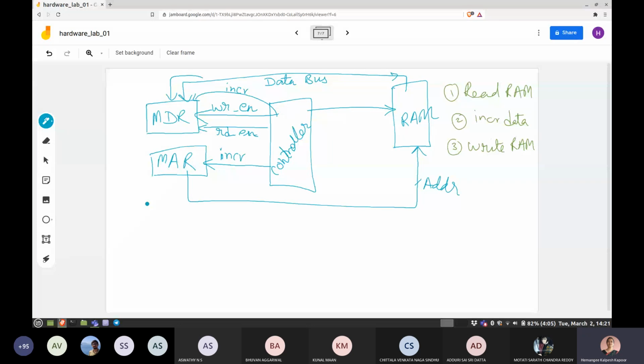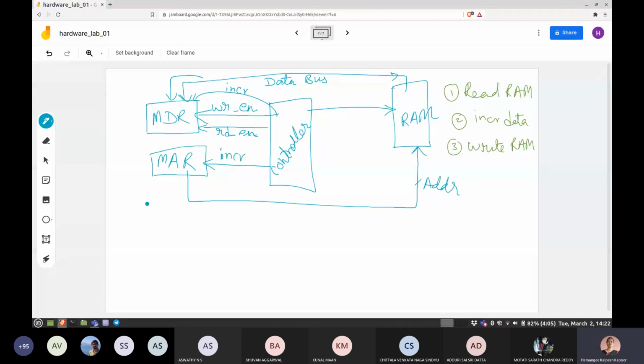Okay, so similar to the ASM chart we did in the previous assignment, here you will have to come up with a chart where in the first state of the ASM chart, what will you do? You will do the enabling of the RAM, resetting MDR, or MAR, making it all 0 so that it starts reading from the 0th location, and so on. So this you can do in state 0. Or you can also use an initial statement in the Verilog and say that MAR is 0 from the beginning, and you can also try to read RAM in the first state itself. So it depends how bigger an ASM chart you want to draw. If you want to restrict your number of steps, then you have to do it really optimally.